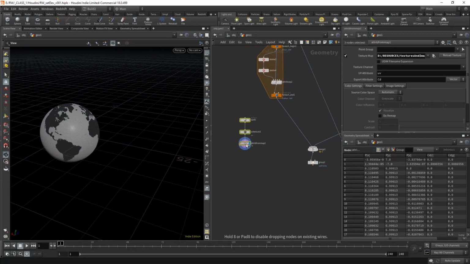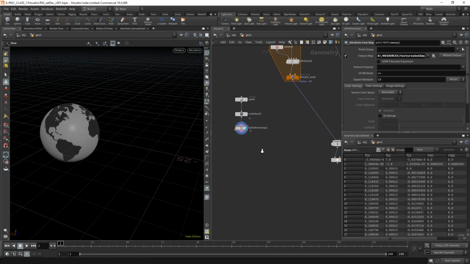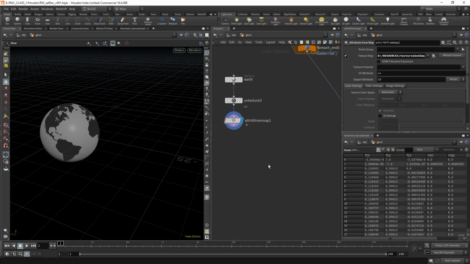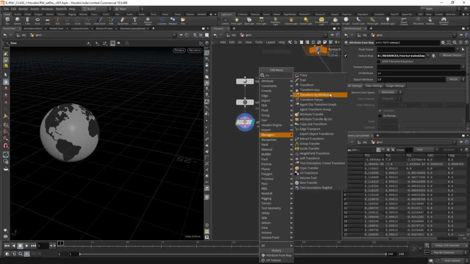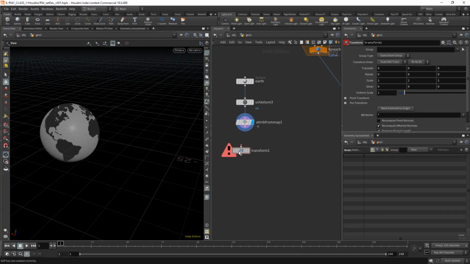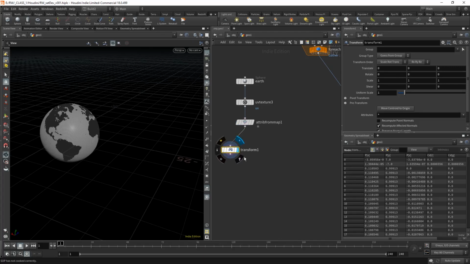Great. So we've got our Earth in here, and I want to start rotating it. There are a couple of different ways we can do it. In the past, I've chosen to do this with an attribute VOP, but you can do it the old school way, which would be using a transform SOP and a little bit of HScript. So this is one way to handle it. We can throw in our transform node, and let's call this rotate. Here in the rotate Y axis, this is where we're going to put our HScript. We're just going to put